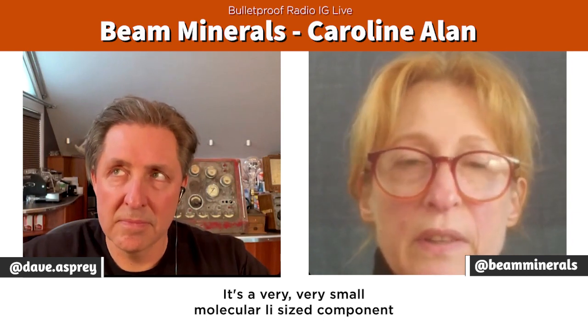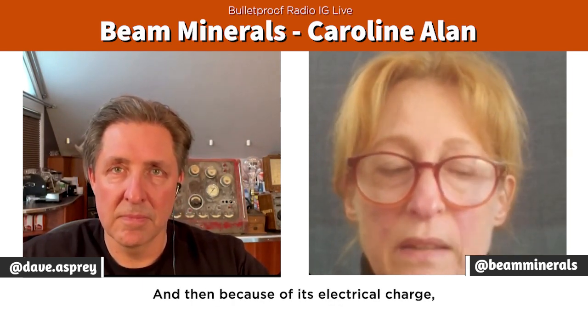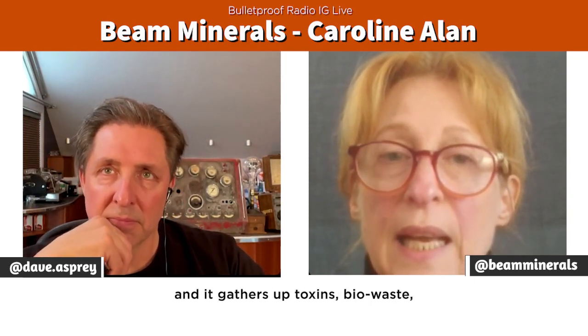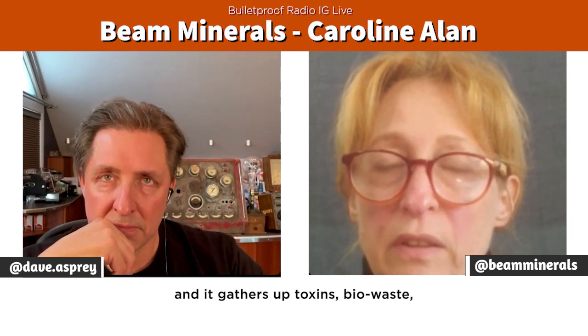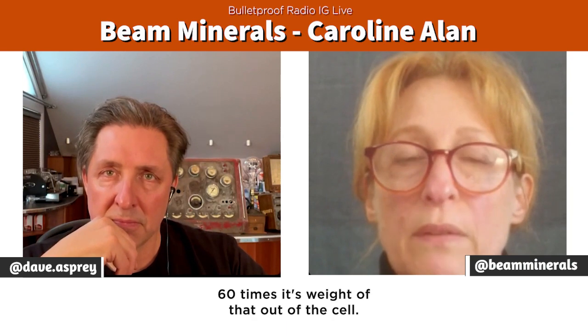It's a very, very small, molecularly sized component, a molecule, and it crosses the cell barrier, bringing up to 60 times its weight in nutrients into the cell, right into the mitochondria. And then because of its electrical charge, it has the ability to change its polarity, and it gathers up toxins, biowaste, whatever the cell is ready to get rid of, and carries, again, 60 times its weight of that